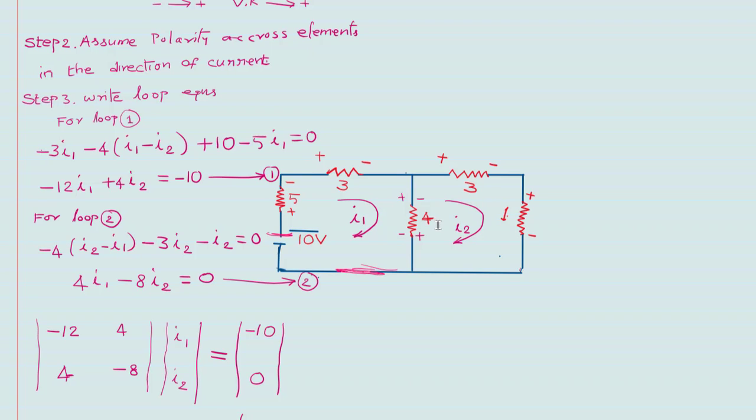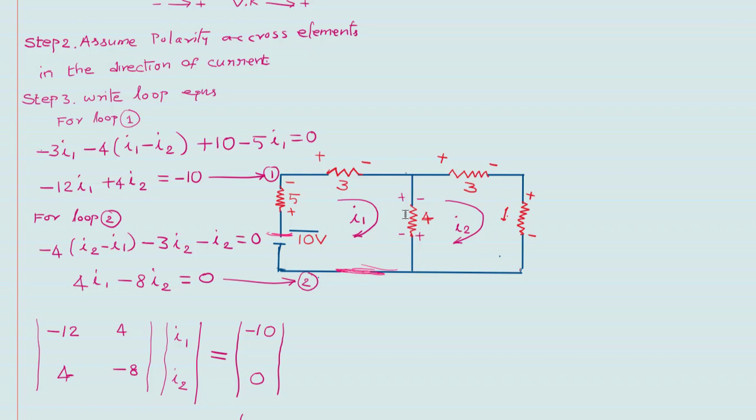And there is another current flowing called I1, but we are writing the loop equation of loop 2. So we assume loop 2 current is more than the remaining loop current. So we write I2, and the I1 is flowing in the opposite direction as that of the I2 in this element. So that I1 will get the negative sign here. So we write minus 4 I2 minus I1 like this.